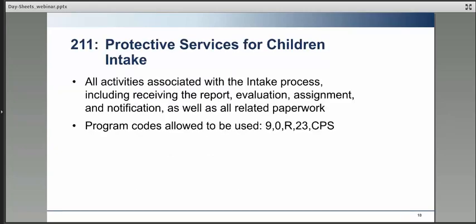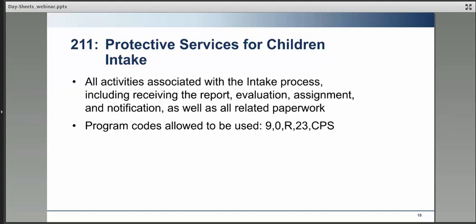So the first service code we're going to talk about is at the beginning, intake, 211. Protective services for children at intake. This service code includes any and all activities that are associated with the intake process. That includes receiving the report, whether that's in person or by phone, the evaluation of that report, including the entire